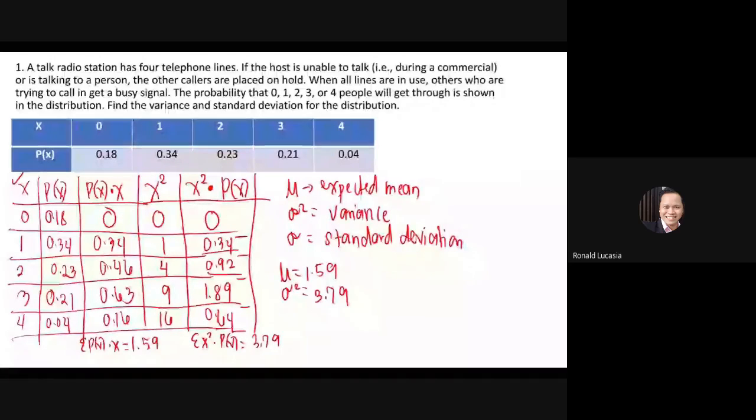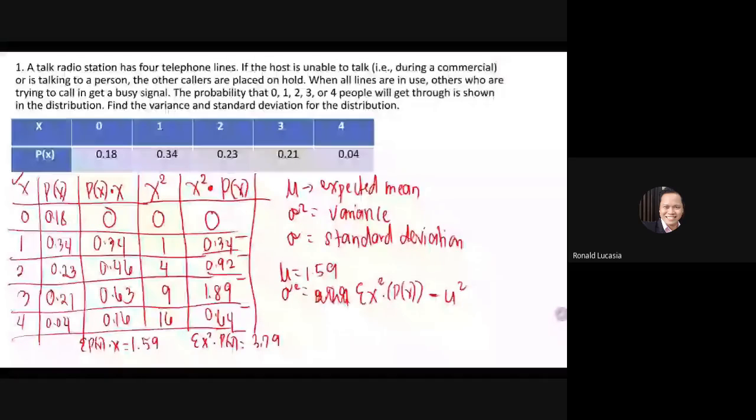Anyone? Square root of what? I'm sorry, my formula is wrong. The standard deviation, by the way, is the square root of the summation of x squared times P of x, minus rather, the square of the expected mean. So this will be